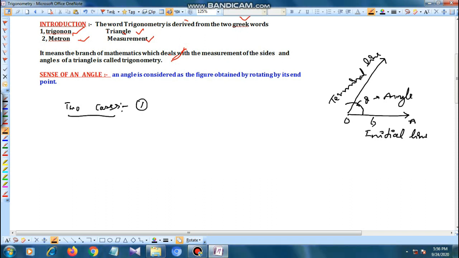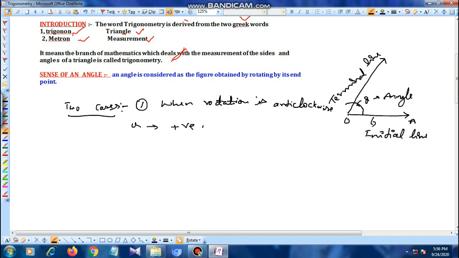One, when rotation is anti-clockwise, then theta will be positive, and other